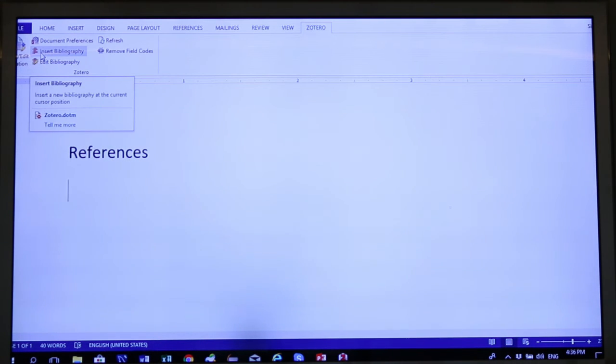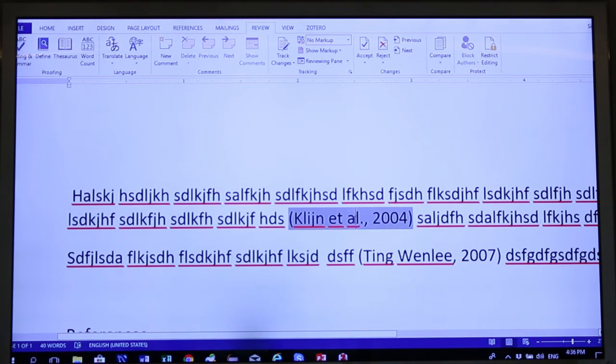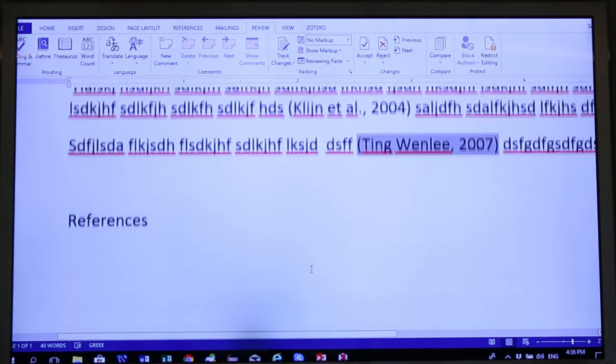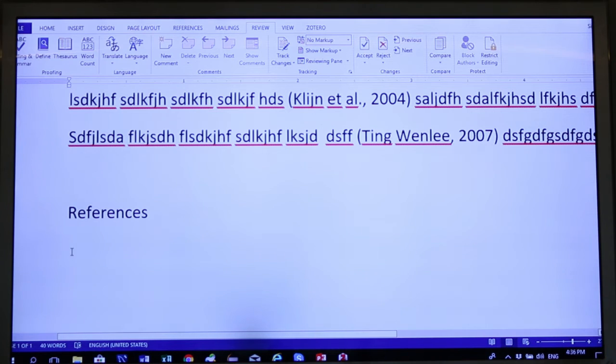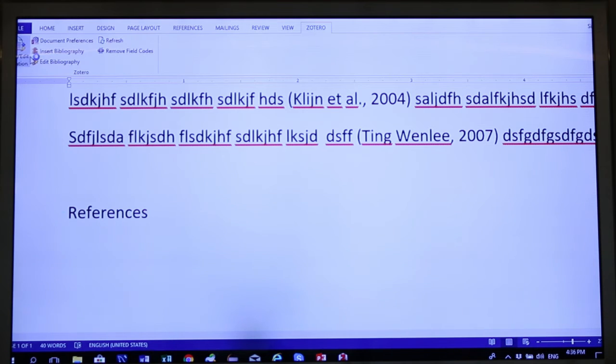The last step is always the easiest because you did the effort to keep all the information in the correct way, with the correct template. So I click on the place that I would like to place this list, and then I go to Zotero, and the middle option over here says edit bibliography, insert bibliography. I click, and it's doing it automatically.